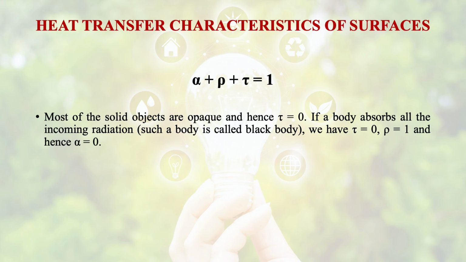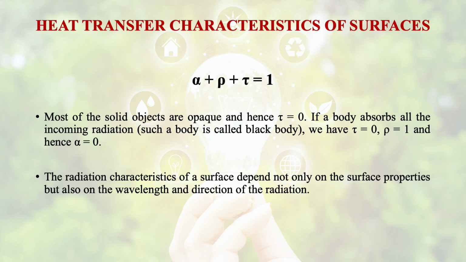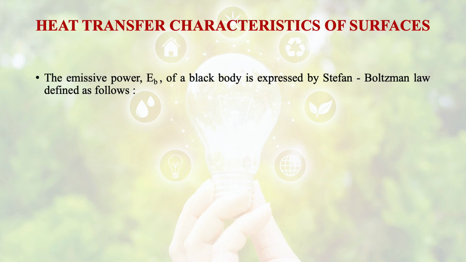And such a body is known as a black body, which absorbs all the radiation. Absorptivity will be 1. The radiation characteristic of a surface depends not only on the surface property but also on the wavelength and direction of the radiation. The emissive power, we call it EB, of a black body is expressed by Stefan-Boltzmann law and is defined as